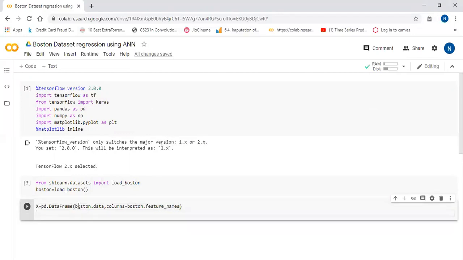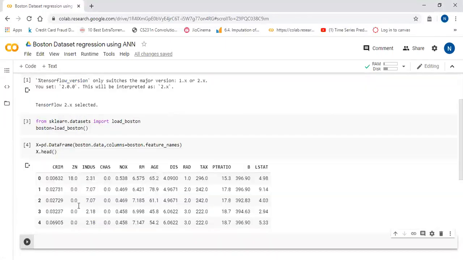Okay, we can see the sample records with X.head. So these are the sample records; we have extracted the feature columns successfully.